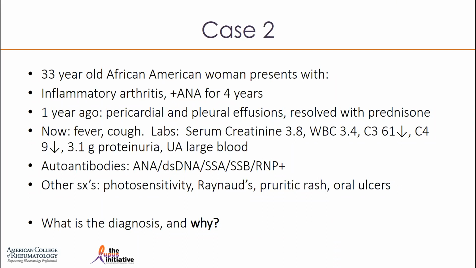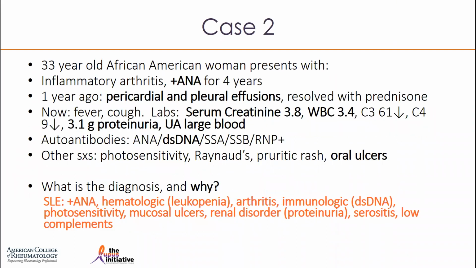Several attendees are saying yes. You got it right. This is another lupus patient. So this patient has a positive ENA as one of the criteria. Hematologic criteria is leukopenia, has arthritis, has immunologic criteria, dsDNA is positive, is photosensitive, is having mucosal ulcers, oral ulcers,